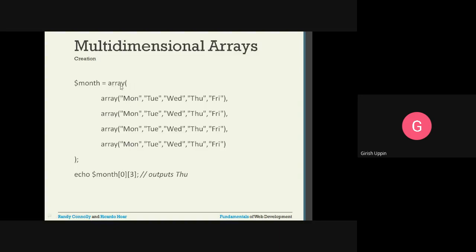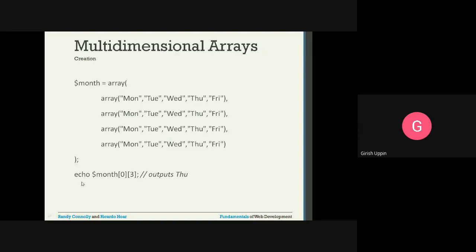So when I say array, inside this array, this is at the 0th row, this is the first row, this is the second row, and this is the third row. Inside this array, I did not specify the keys, so the default keys are 0 1 2 3, and for the rows also the default is 0 1 2 3 4, and so on.